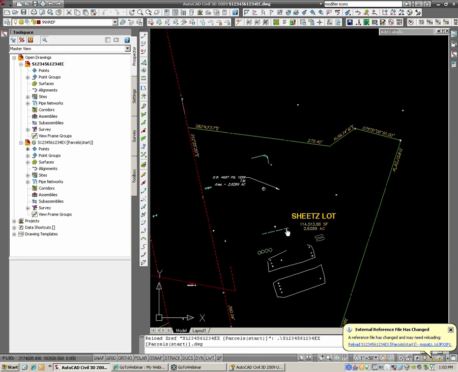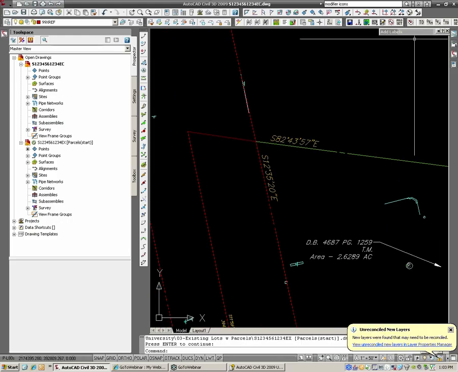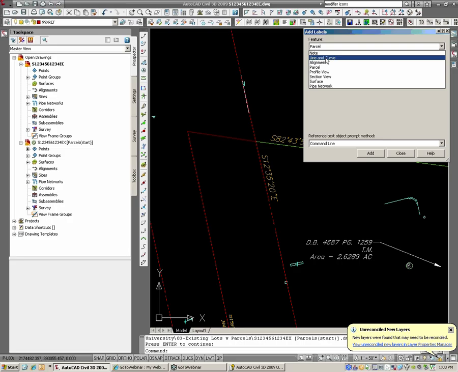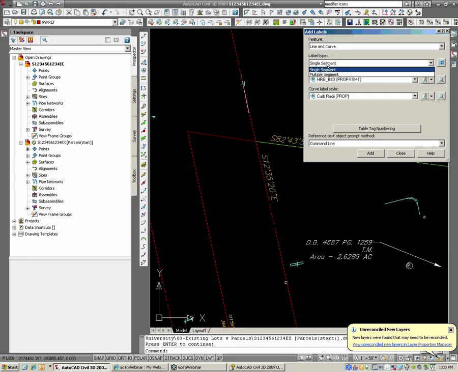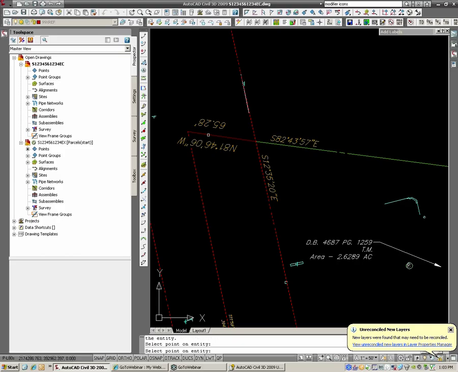So switch over to my XREF, my brand new drawing here. That line work should show up. It does. Change this to lines and curves. Bearing over distance existing, add. Pick that piece of line. Labels it. Still dynamic. So if I go ahead and move that